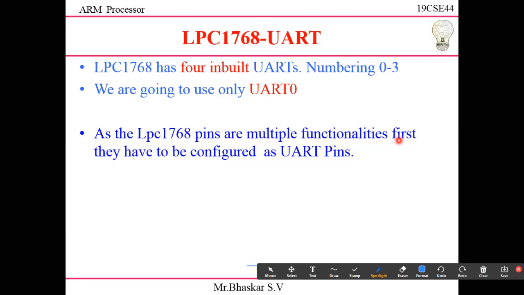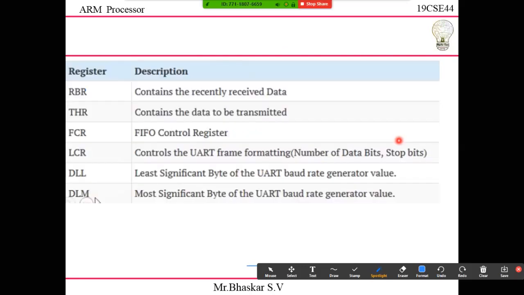If I'm going to configure for the UART, I need to do some initial settings and set some values in my registers. Based on the registers, if I set them, then only can we easily operate it as serial communication. So what are the changes I need to make? What values are set and how are we going to set them? These are very, very important. Please look at that.